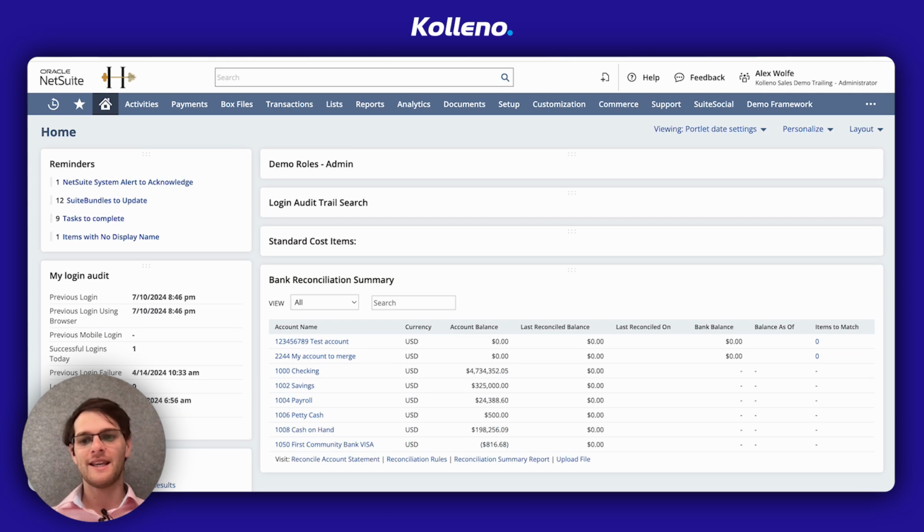Hey everyone, in this tutorial I'll show you how to review transactions before running a GL audit numbering sequence in